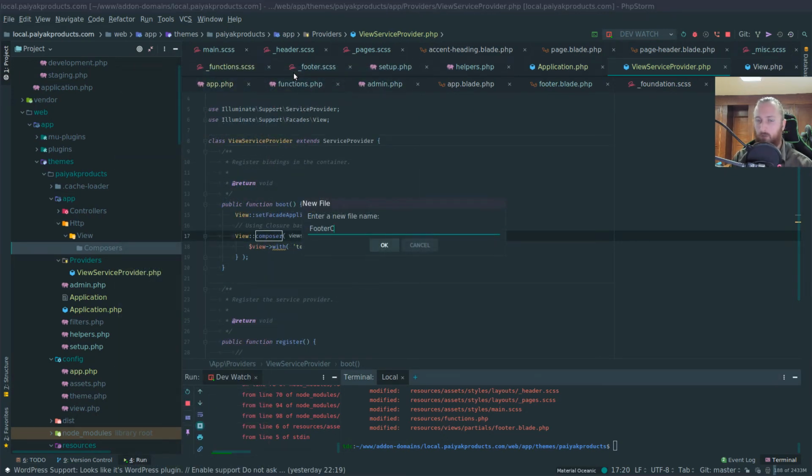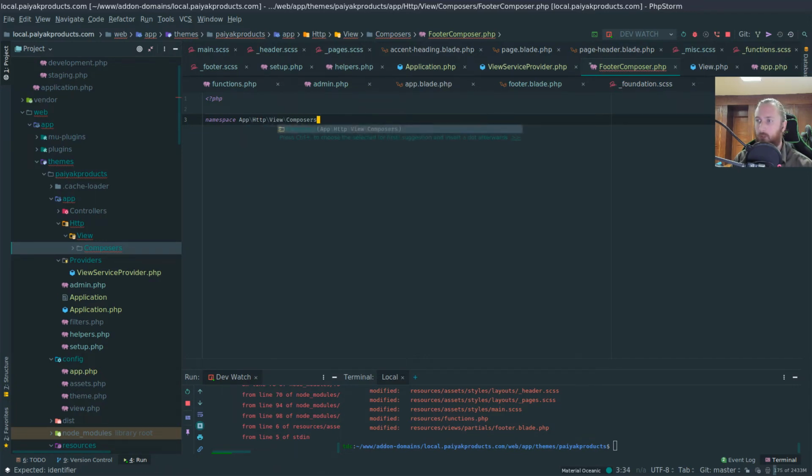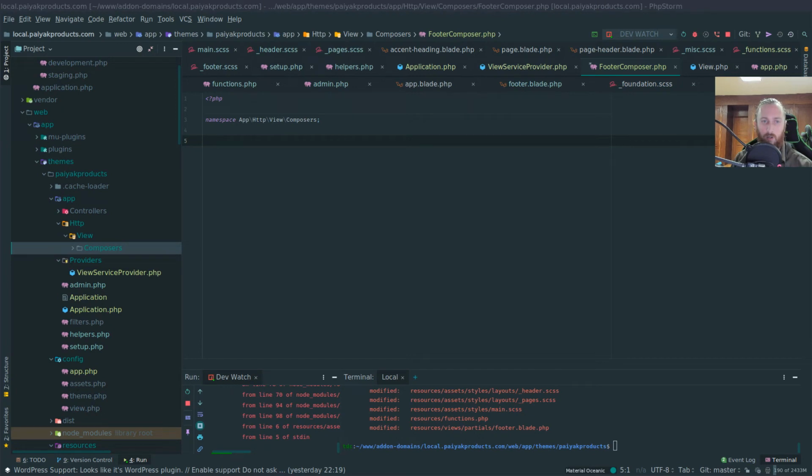It's going to be the footer composer PHP. Namespace app HTTP view composers, and we'll have our